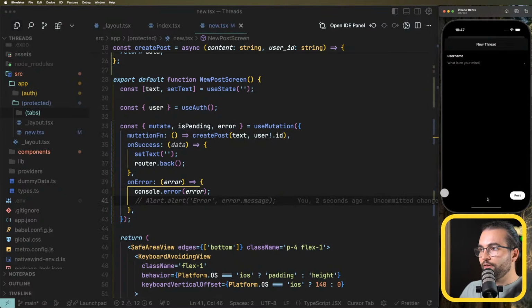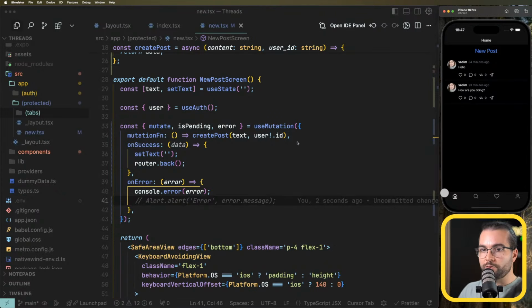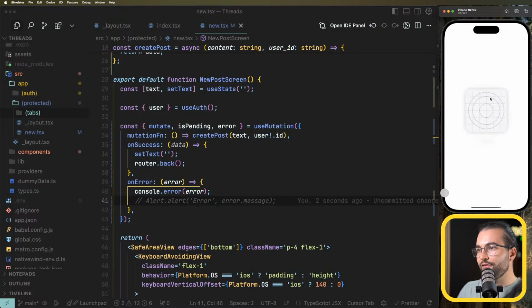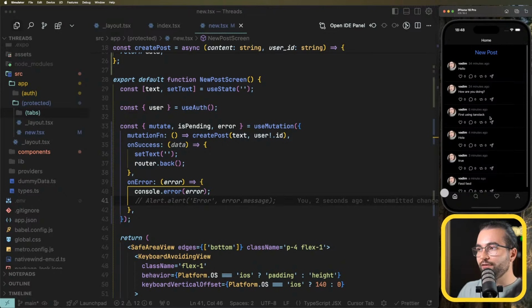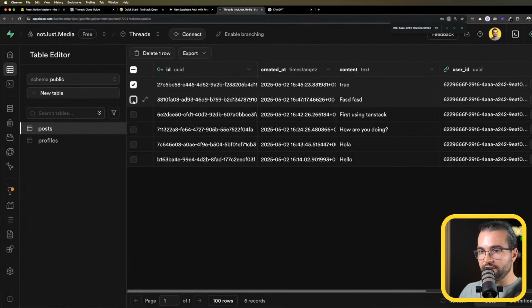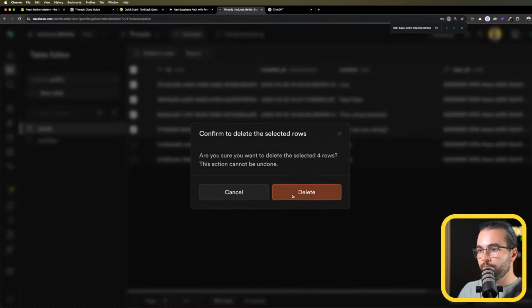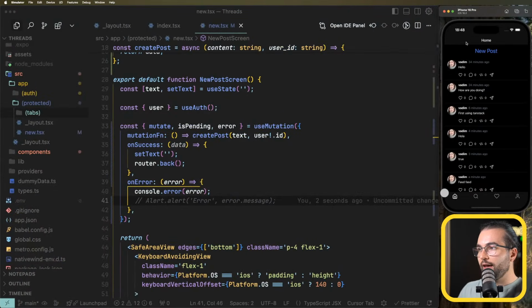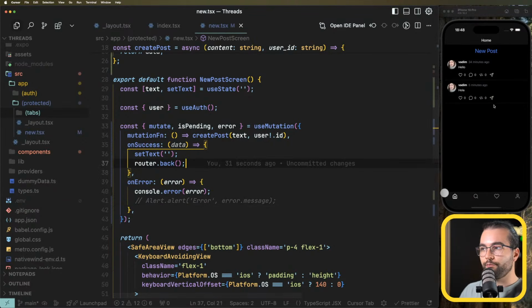Perfect. The next thing I want to show you when it comes to TanStack Query is how to invalidate queries, because we are redirected back to the home feed, but the new posts are not displayed here. If I reload the application, yeah, these posts are going to appear, but they do not appear instantly. Maybe I will delete a couple of them. And in order to make sure that the posts appear on the home feed after